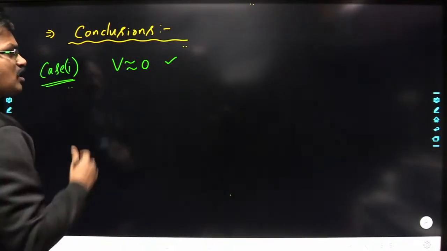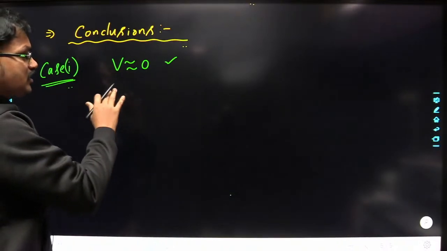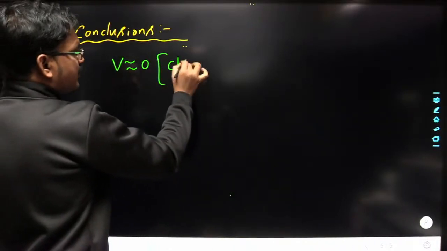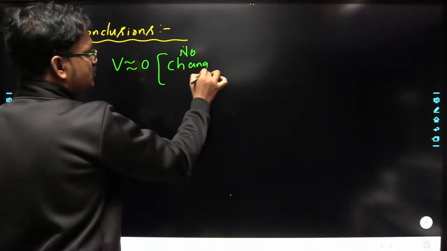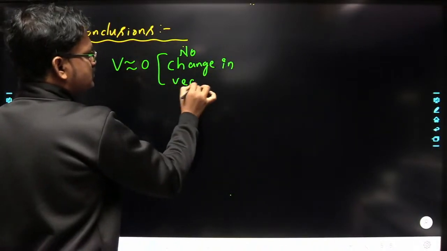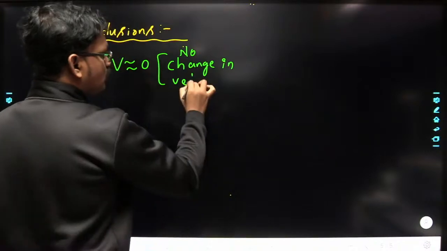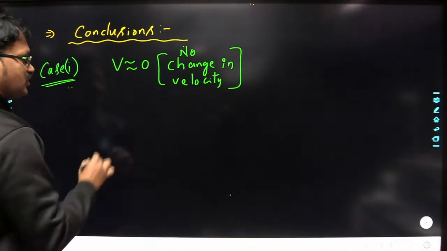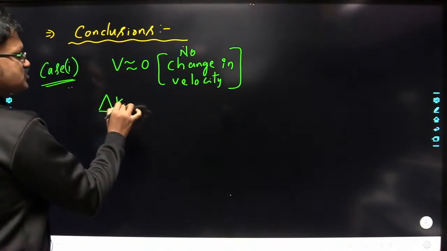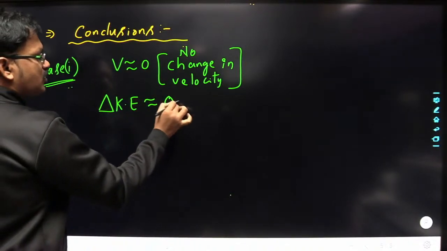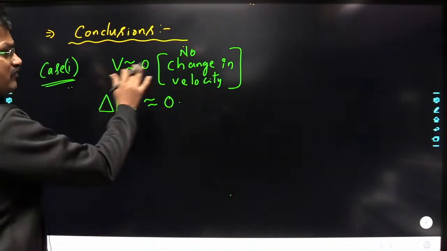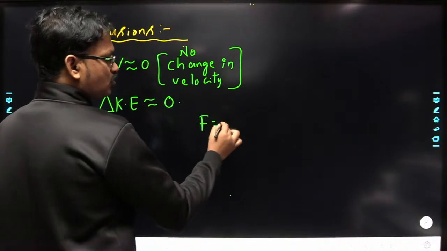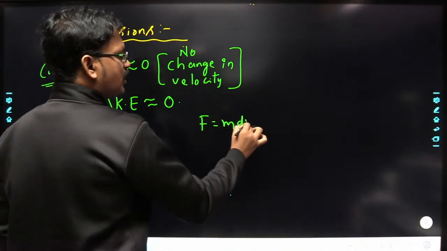So what happens whenever the velocity is approximately equal to 0 here? That means I am assuming that there is no change in velocity. Yes or no? So whenever there is no change in velocity, what is the change in kinetic energy here? The change in kinetic energy is also approximately equal to 0. And from the relation force is equal to mass into acceleration, that is mass into dv by dt,